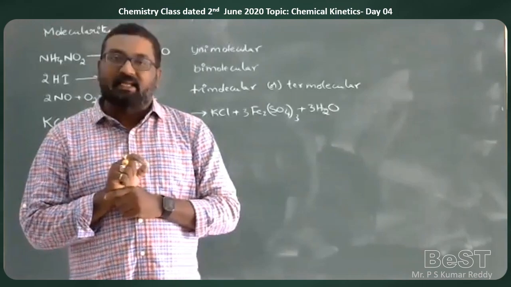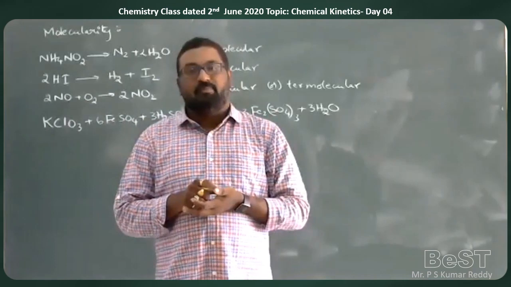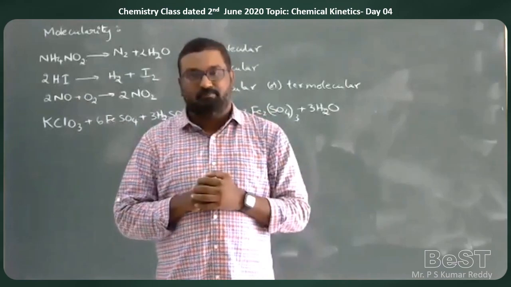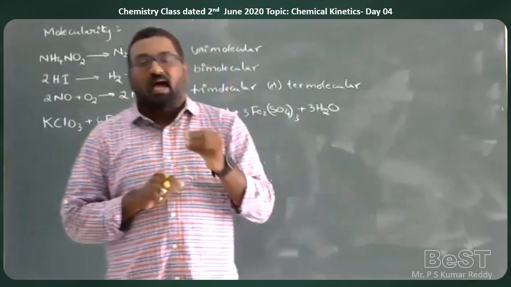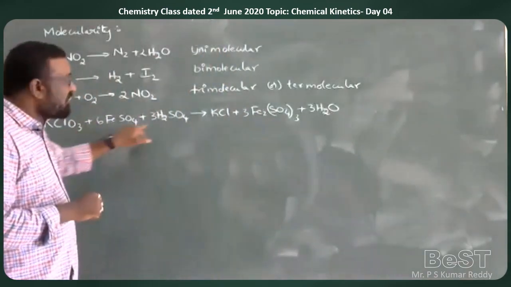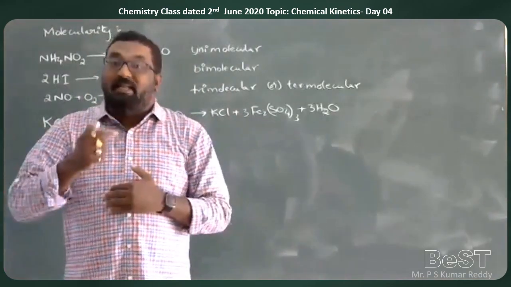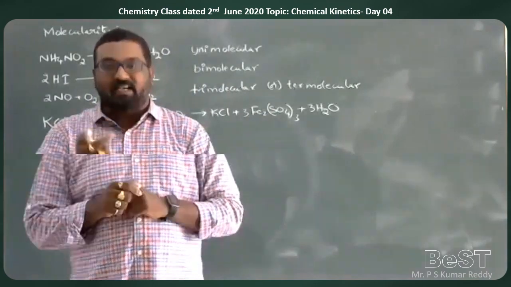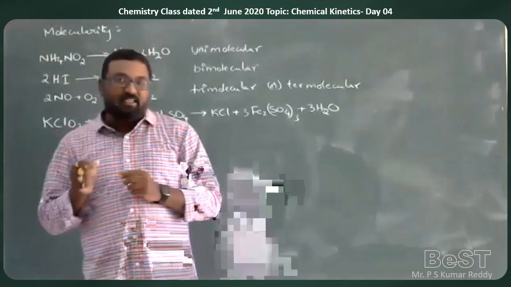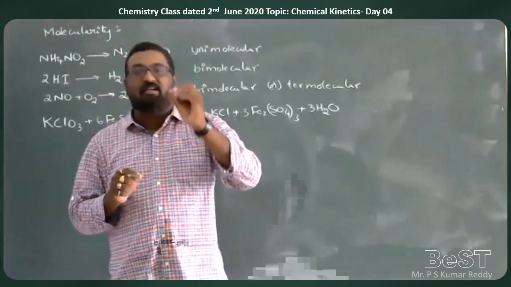Why? Because technically, when a reaction is going on, collisions between molecules are possible at maximum with 3 molecules only. So that is why molecularity can be 3 only. But you may have a doubt, sir, when these many molecules are involved in the reaction, why can't we say the molecularity is 10? When many reactants are there, we call them complex reactions. In such complex reactions, that reaction will have some reaction mechanism.